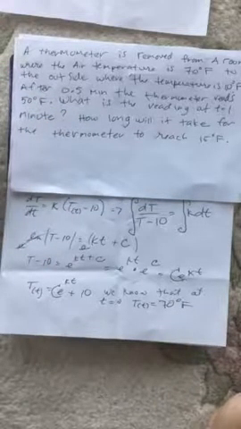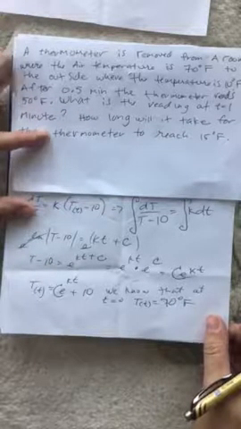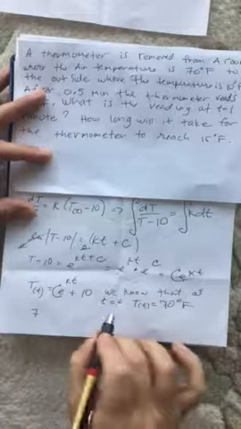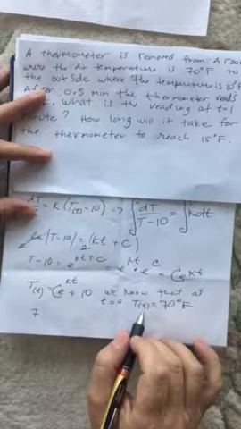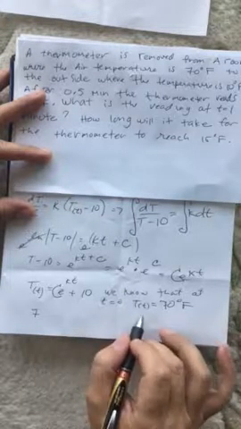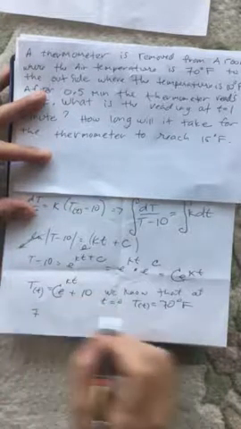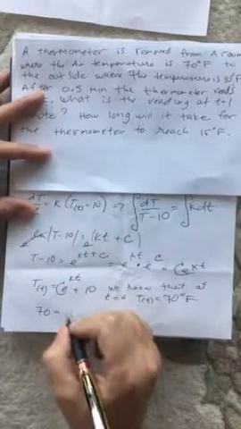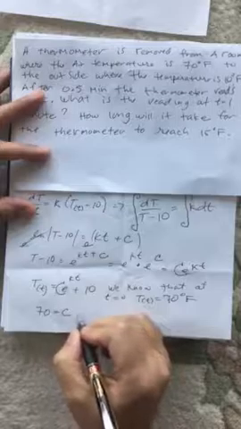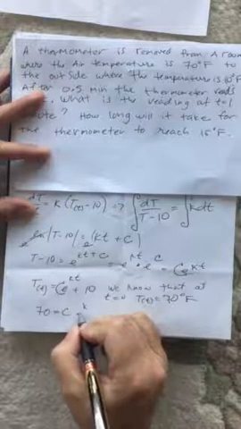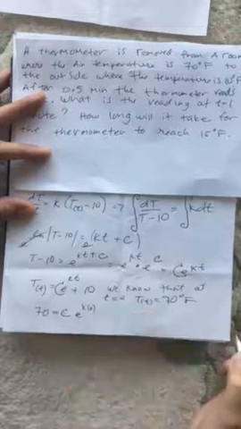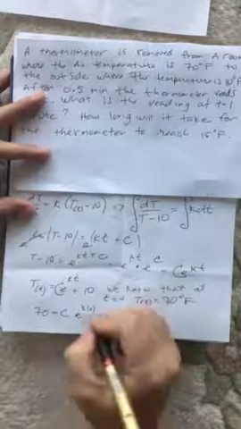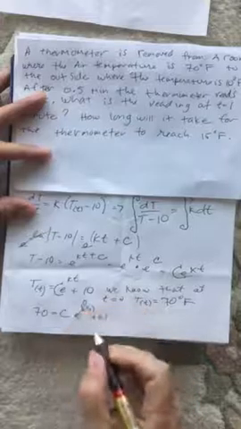See that? So what can you do now? Well, this is T of t, I mean T given little t. That's going to be equal to, right here, 70 equals c times e to the k times 0 plus 10. What's anything times 0? That just goes to 0. What's anything raised